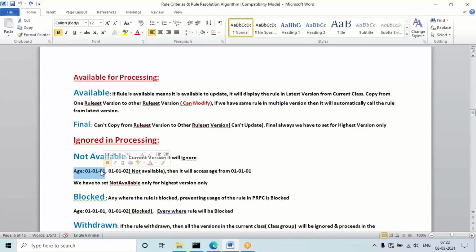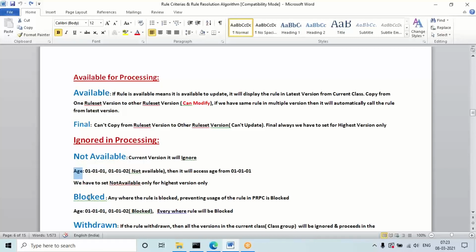Remember, not available we have to set only for the latest version. If version 2 is there, I cannot set not available for the version 1 rule. Then this rule will not get executed and it will execute the rule which is there in version 1.